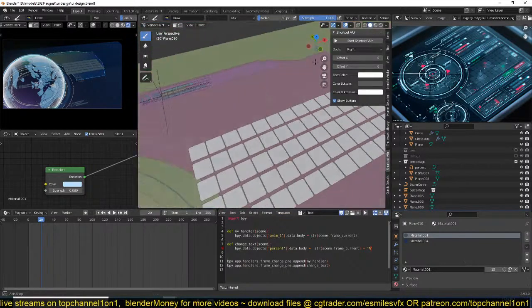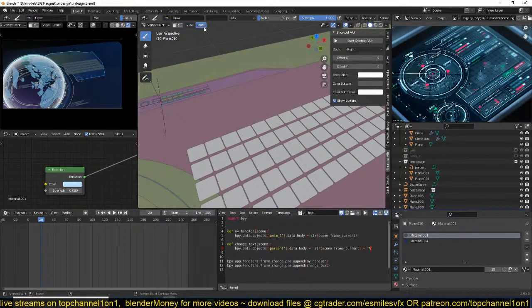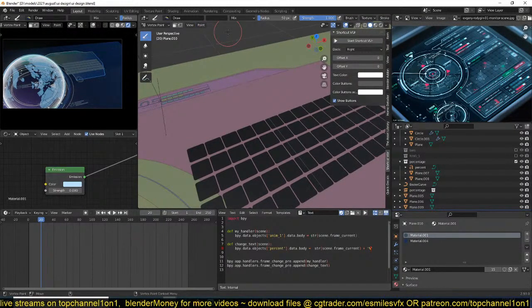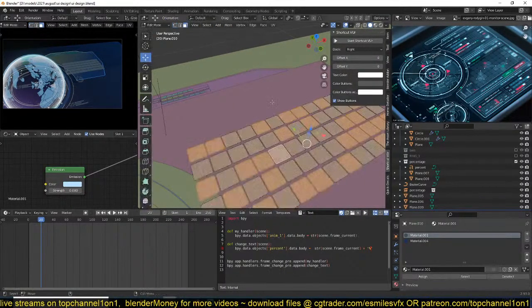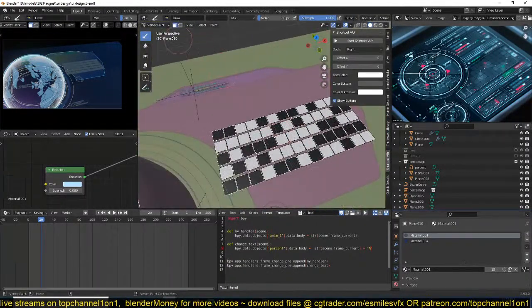So let's go in here and paint them, what is it, set colors. Actually it should have the face select on and then set colors, so we have a mask like that,